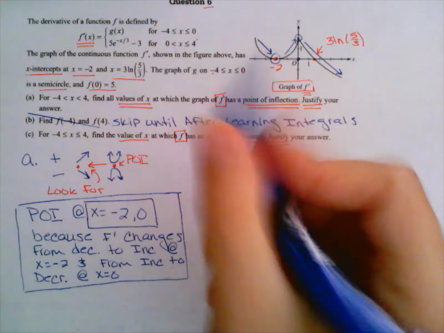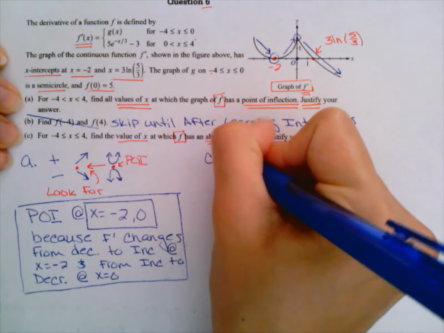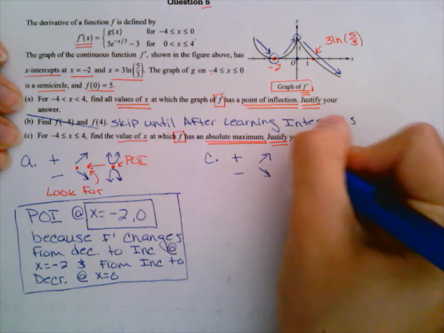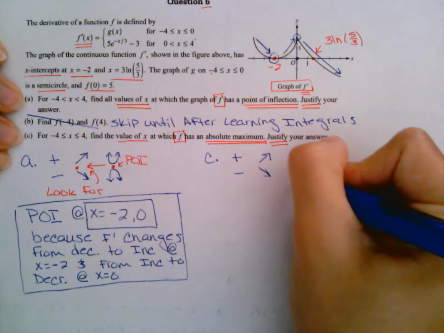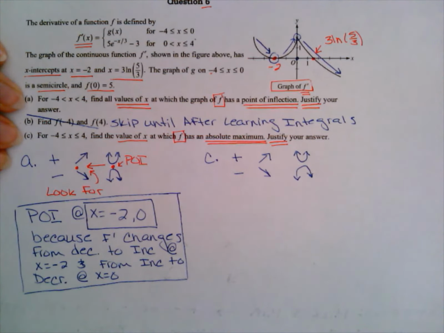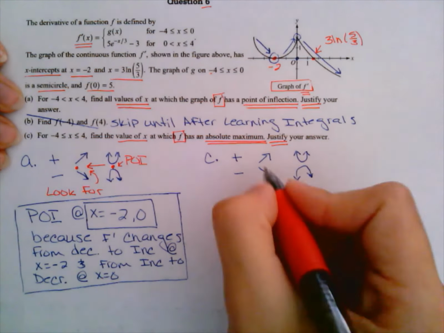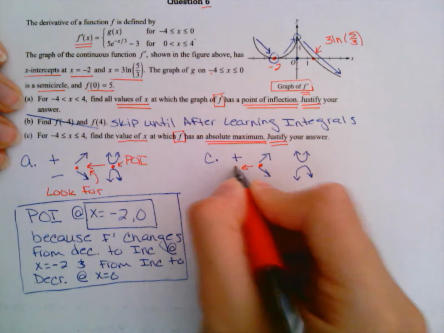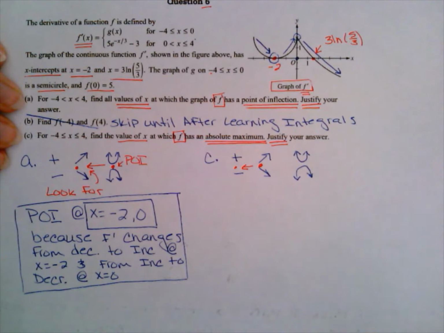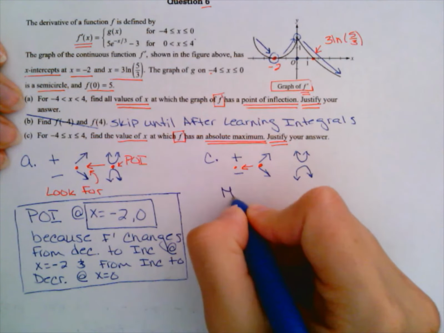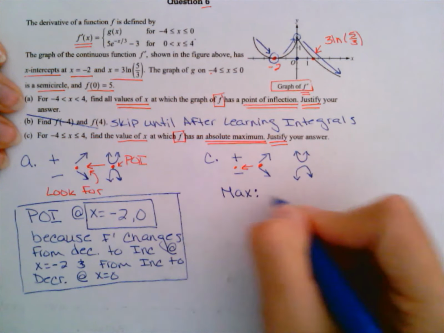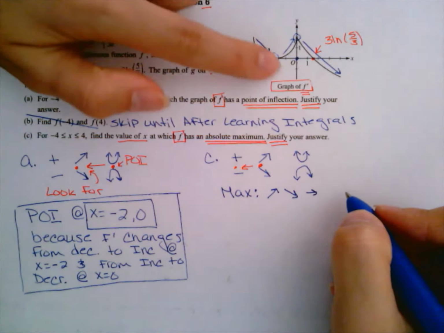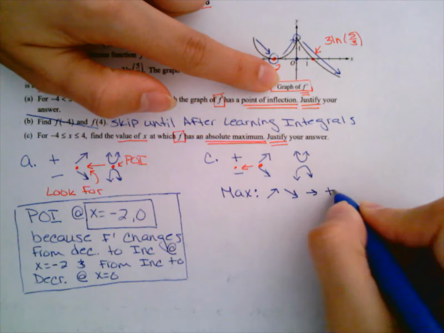So I'm going to draw this chart again: plus, minus, increase, decrease, concave up, and concave down, okay? So if I am asking for a maximum, maximums happen when I change from increase to decrease. This isn't going to be part of our answer, but just so you have an idea, we wrote on our previous page that maxes happen when I switch from increase to decrease, which means that on my f prime, I'm going to look for a switch of positive to negative,